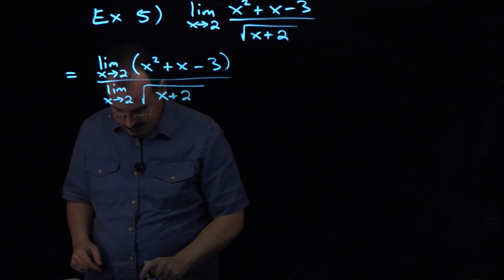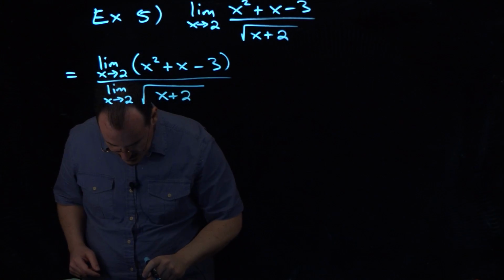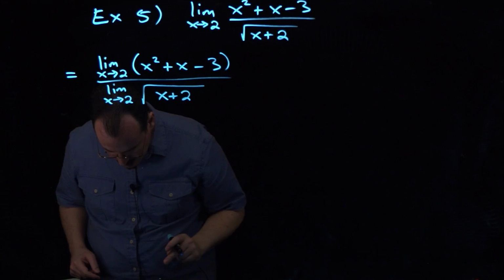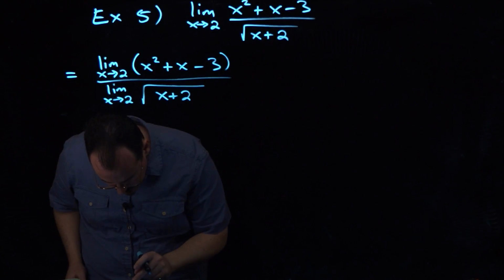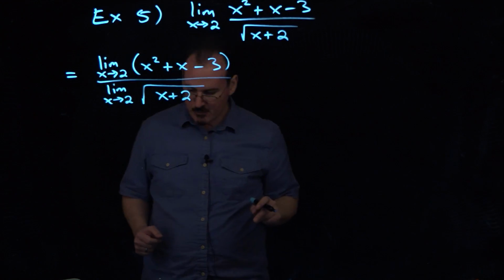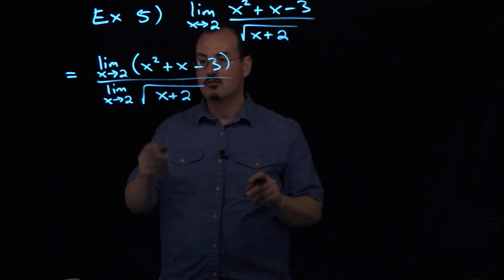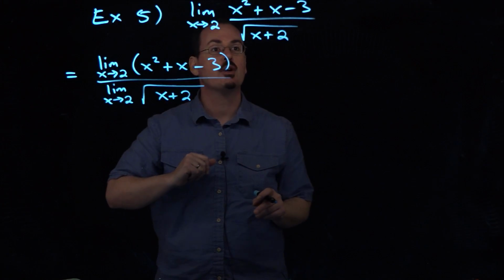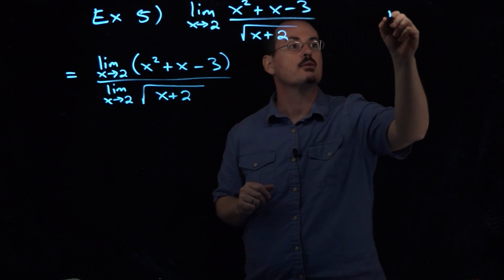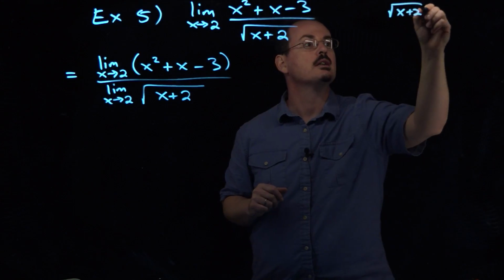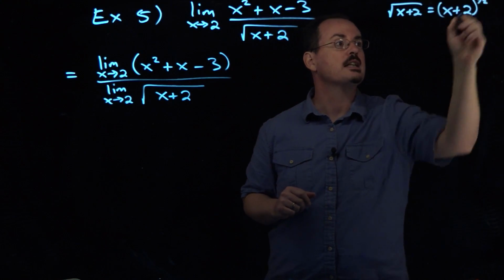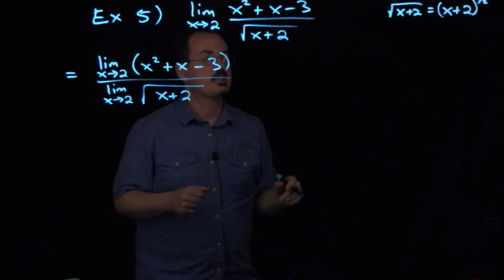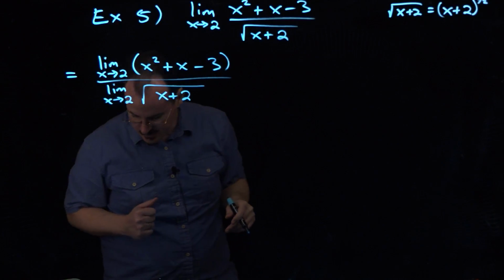and then further, there's rules that say that if we've got square roots, we can basically put the limit underneath the square root, and I'm trying to see which one that rule is. Yeah, that would be rule 6, keeping in mind that if we have a root, that can also be written as a power. Just note that the square root of x plus 2 can also be written as x plus 2 to the 1/2 power. So really that's just saying that roots are in fact powers,